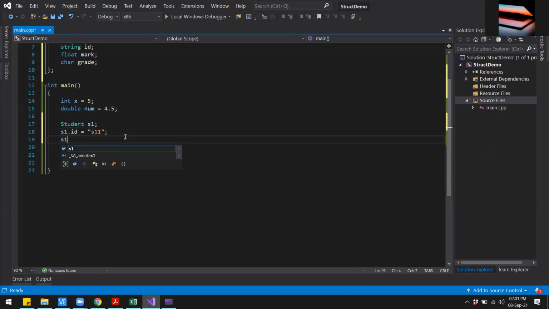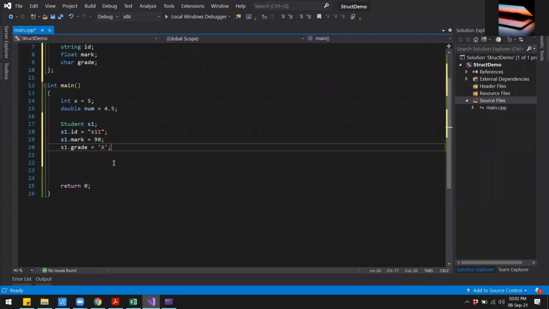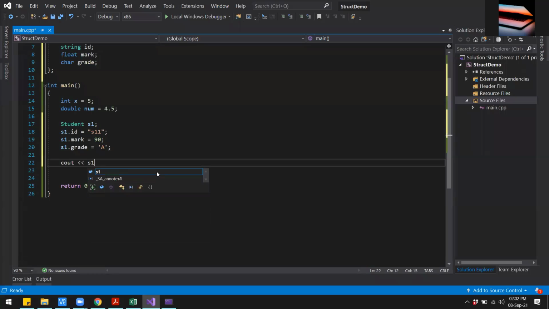Then s1 dot mark is, let's say, 90, and s1 dot grade is equal to, let's say, A. Then if I want to print the values, I will say s1 dot id. So let's print only one of them. And now when I run this,